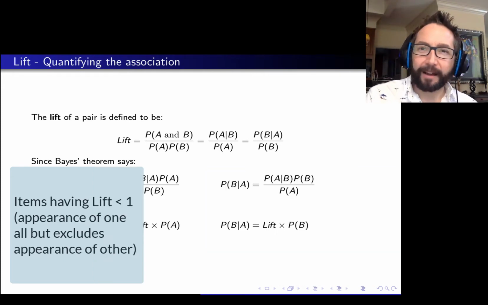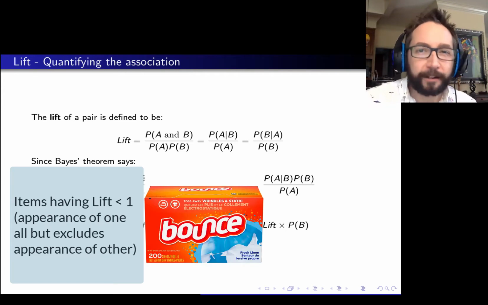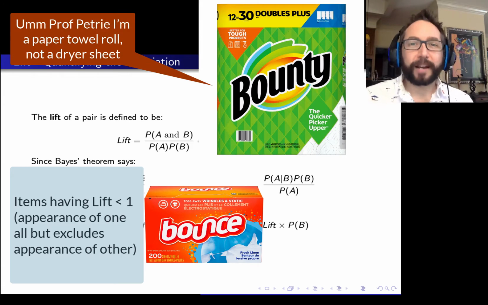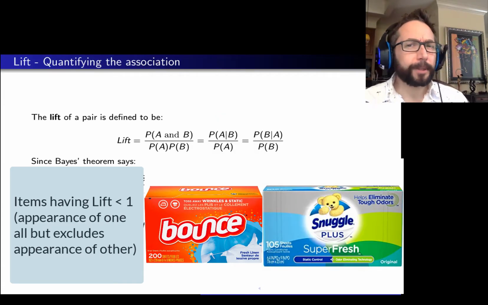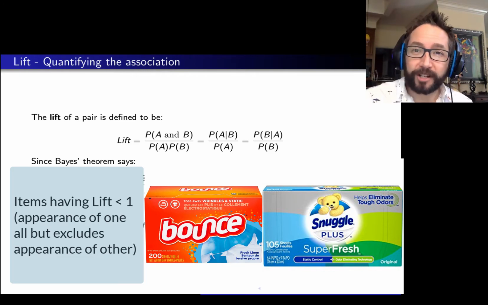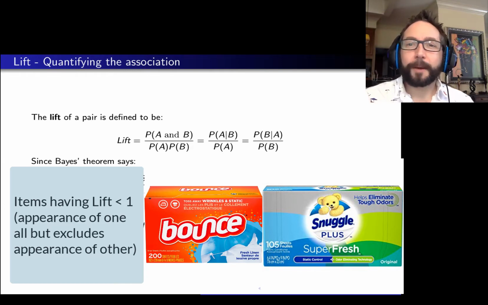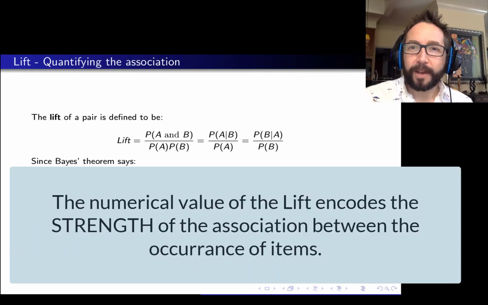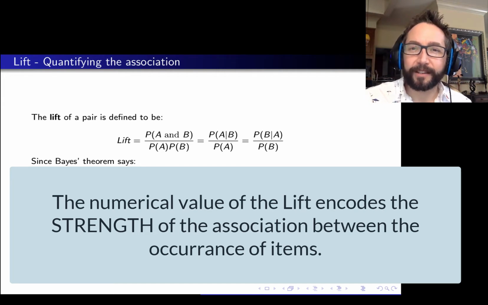What items might have a lift that's less than 1? Well, think about Bounce dryer sheets and Bounty dryer sheets or Snuggles dryer sheets. It's unlikely that people are going to buy both brands of a particular product, so if we find Bounce dryer sheets in the cart, we're probably much less likely to see Snuggles dryer sheets than shoppers purely picking these items at random here. So the numerical value of the lift is something that we can use to quantify the strength